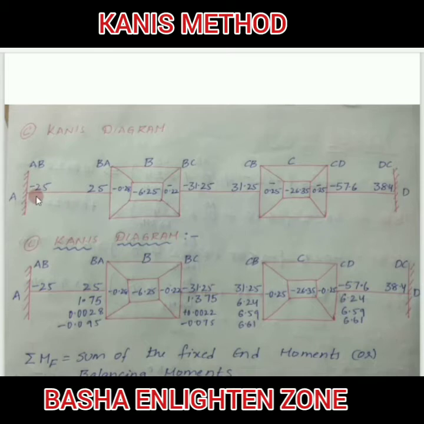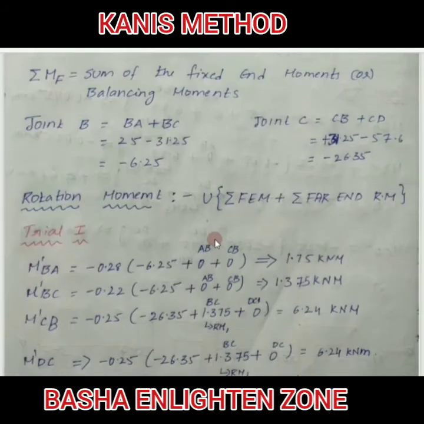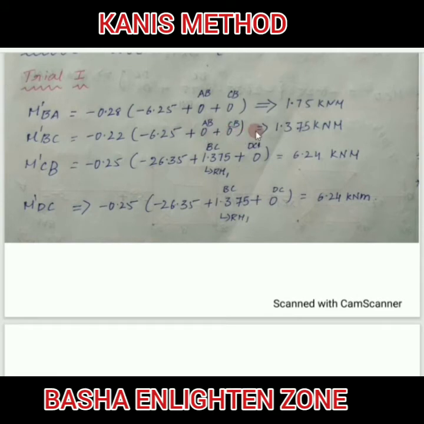So for AB, naturally there will be no rotation moment at fixed end AB. Therefore, I am considering 0 here also. But here there will be one rotation moment at BA. No need to consider BA. Why? Because for BC, BA is the near end. In the formula, they are asking far end rotation moment. So for BC, far end rotation moment will be CB and AB. In the first step, there will be no rotation moment for CB and AB. Then I am taking 0 here. So see here AB 0 and CB 0. Then simplify this one. After simplifying, you will get 1.375 kilonewton meter. Clear? Then go to the next step.